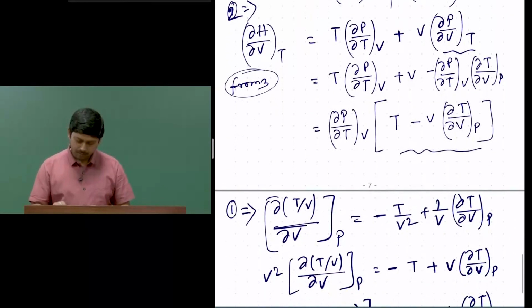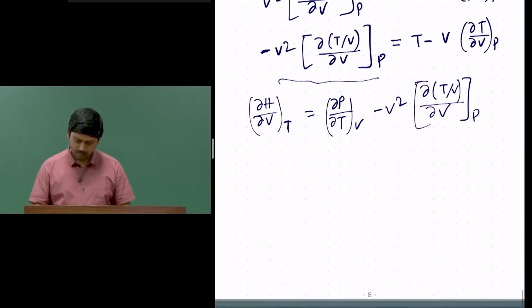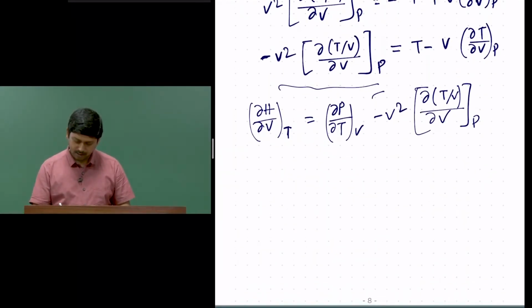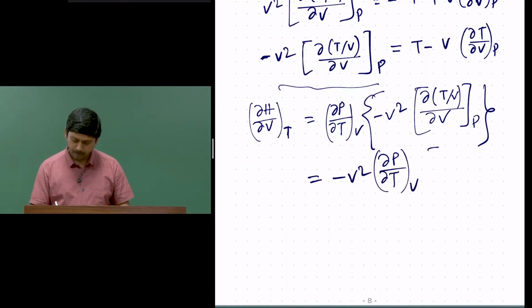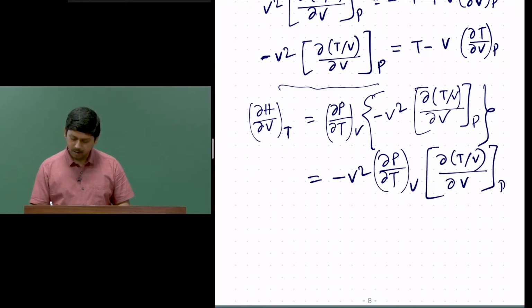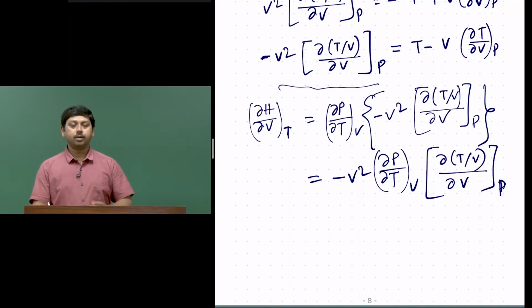Okay. So, basically, yeah, that is the same problem that is appearing here also. So, there should be a bracket. So, it is minus V square del P del T V and del T by V by del V P. So, if you can do that, you can even find out the mistakes from the derivation, that is even better, right. We go to the next problem,